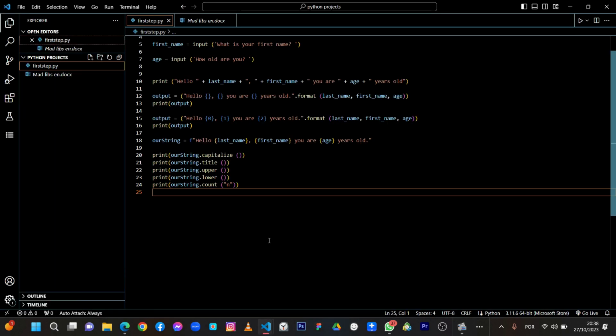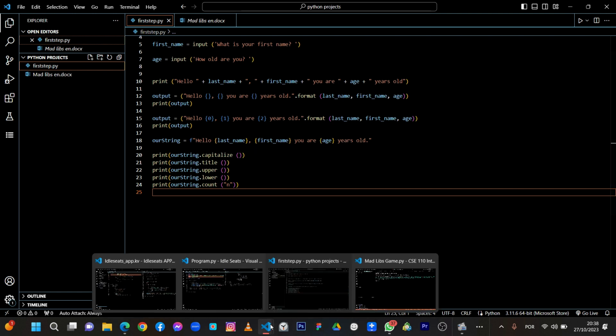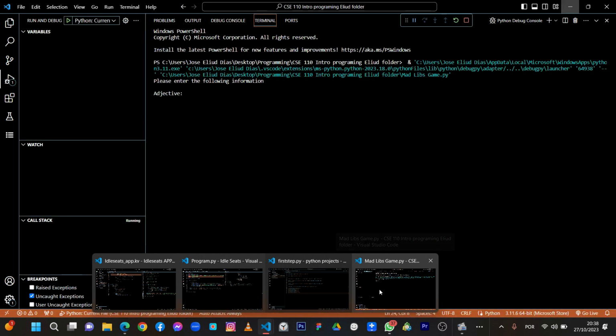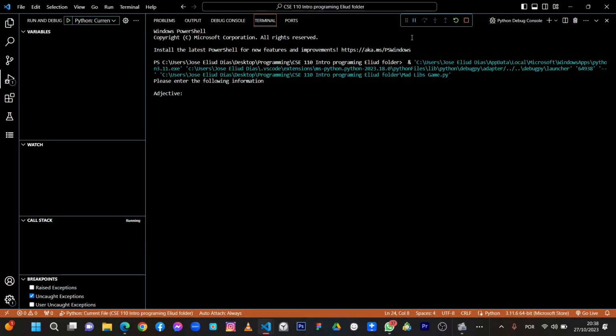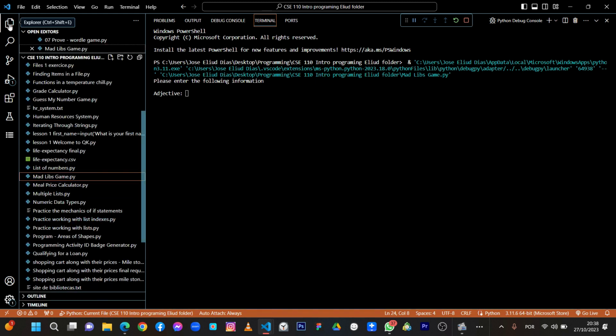Last time we talked about how we can personalize our strings in Python, and I showed you a small MadLib game that we could do, and I asked you to do that as homework. Today I'm just going to go through the MadLibs game and show you how you can do that. And the logic of the game is that